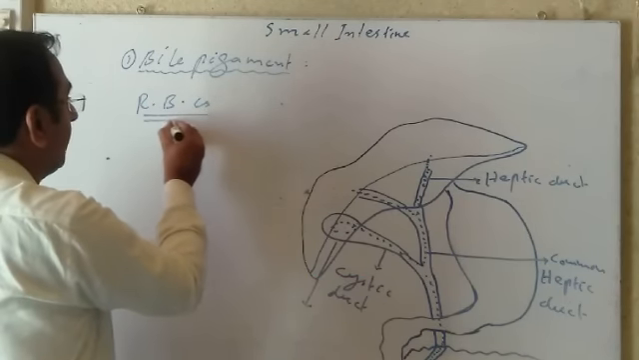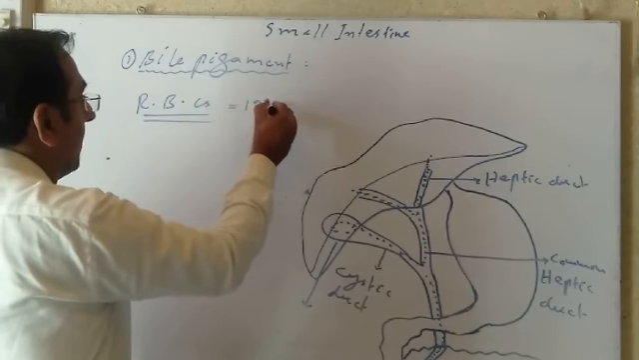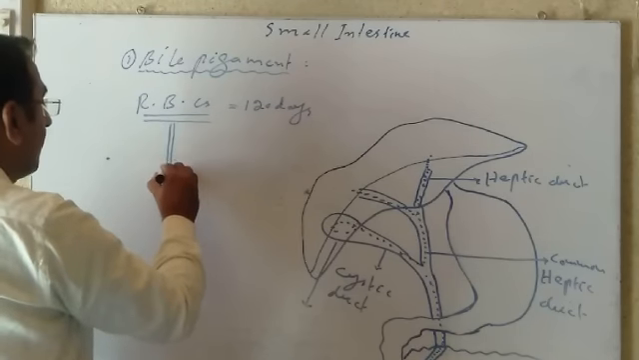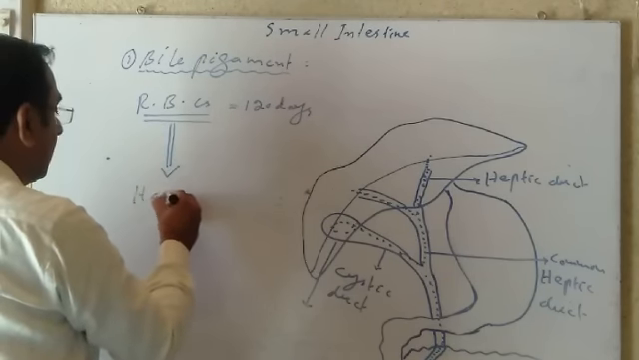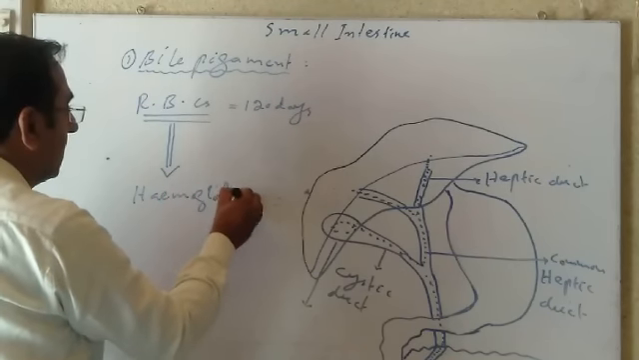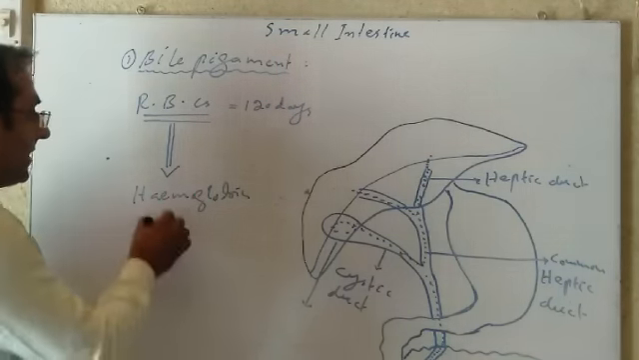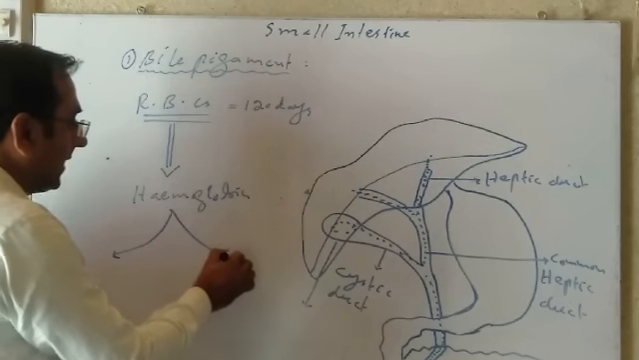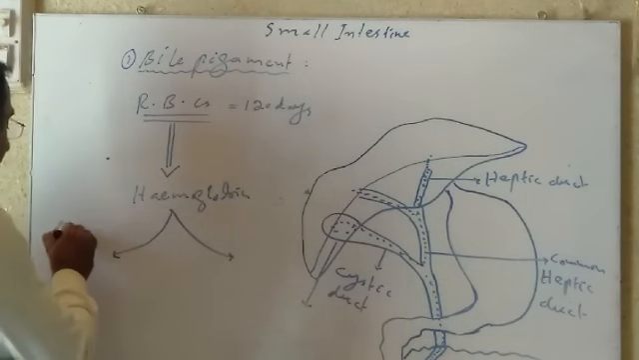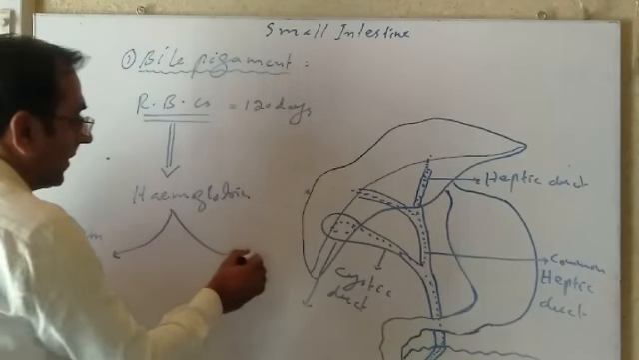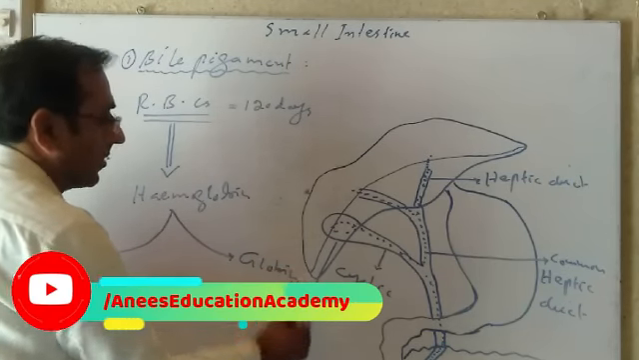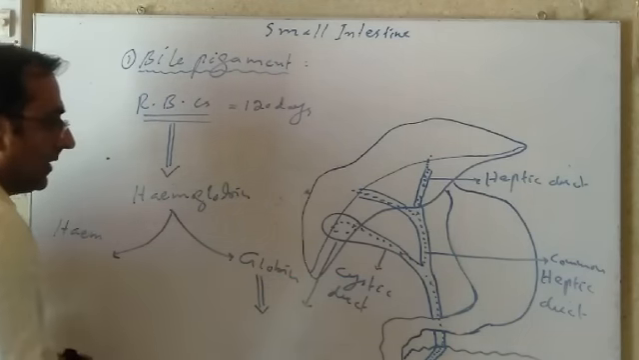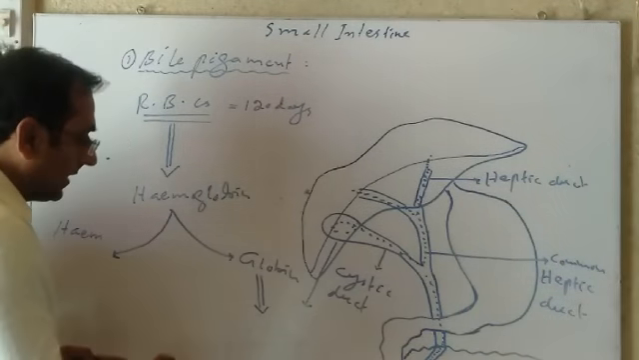When RBC die after 120 days, the hemolysis of RBC takes place. Then hemoglobin is released. When this hemoglobin is further metabolized, it changes into two parts. One is the heme, the other one is the globin. When the metabolism of globin takes place, it produces the bile pigments known as